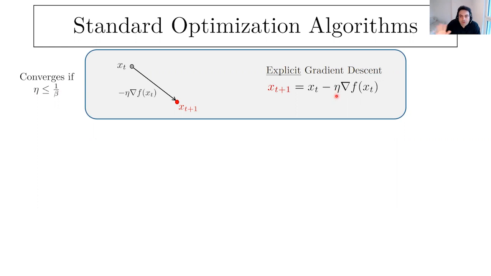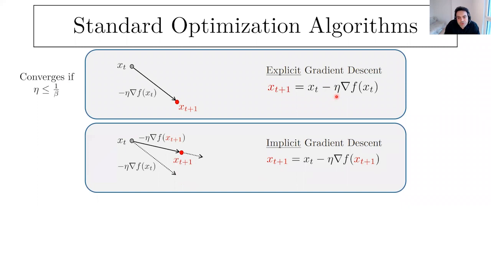So this is about the first algorithm, the most classical one. Then there is another version that people refer to as implicit gradient descent. If you want to see the difference, perhaps it's easier to see in this equation. The only difference is the evaluation of the gradient. So here is the gradient at time t, here is the gradient at t plus 1. And it is called implicit because you cannot write a one-line equation in a computer and hope to run it. You have to solve it implicitly to be able to do that.